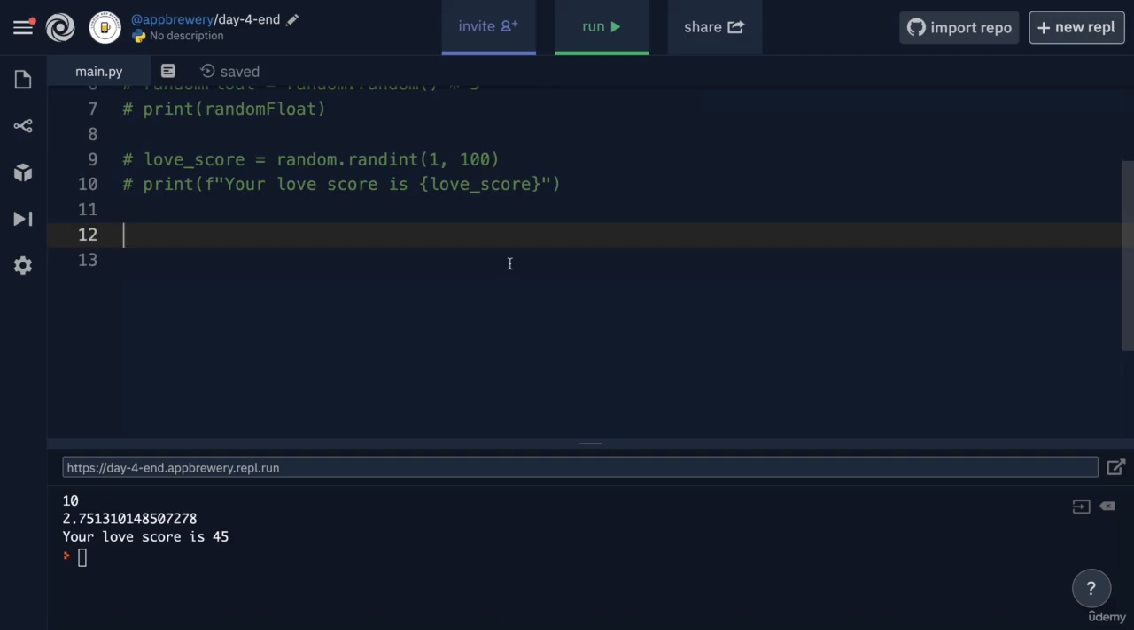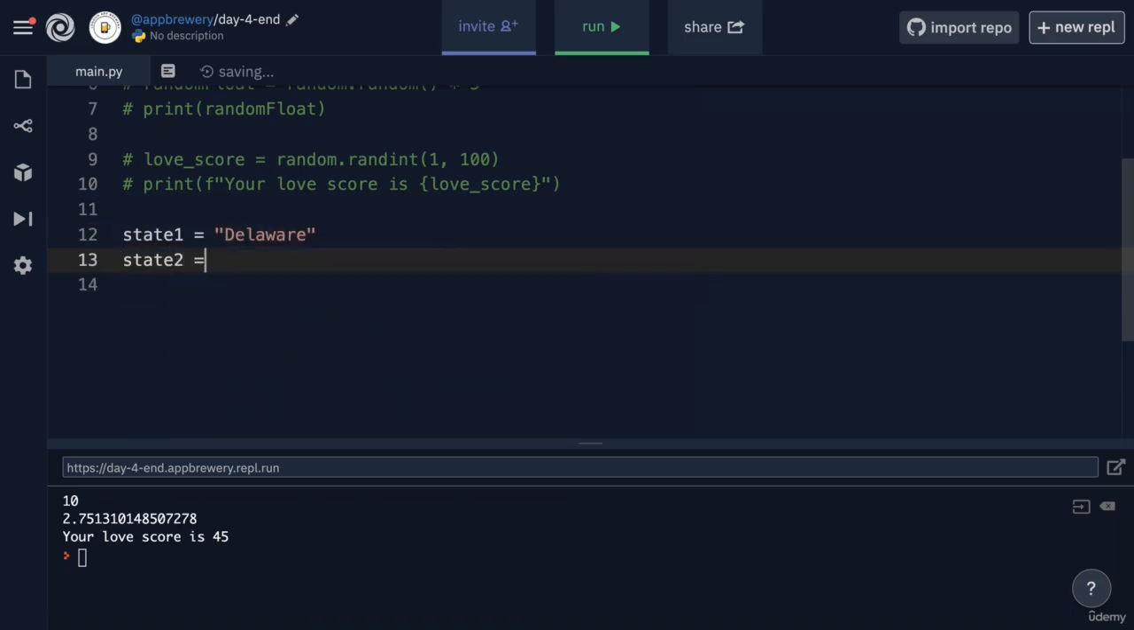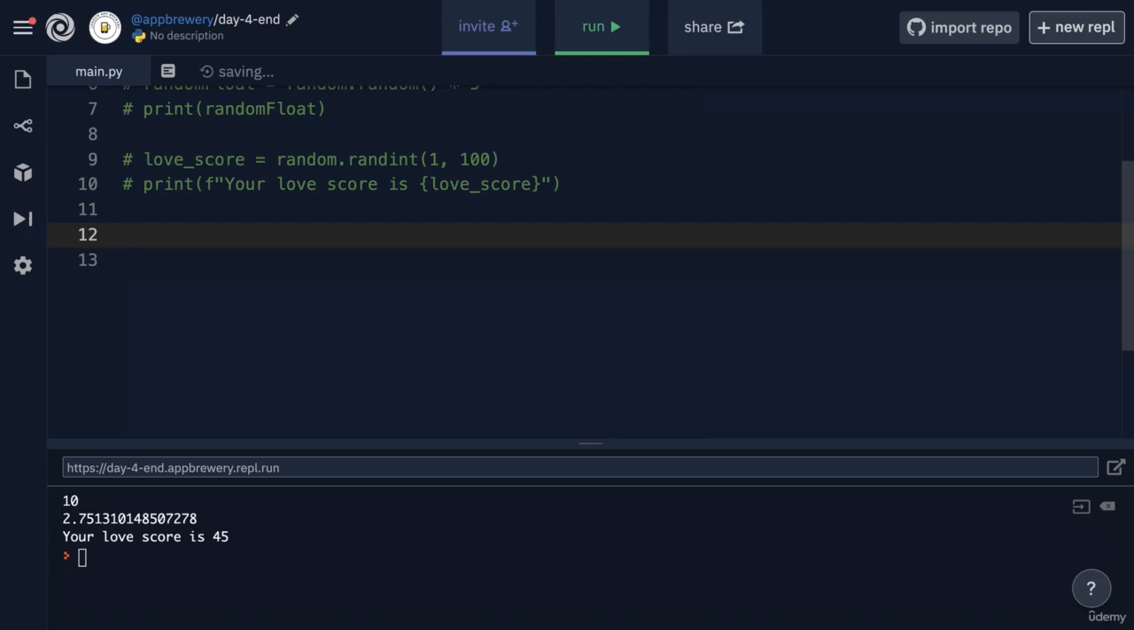Now, let's say that I wanted to store all of the names of the states of the US. Previously, without knowing about this list data structure, we might have written state 1 equals Delaware, state 2 equals Pennsylvania, and so on and so forth. And we would create as many variables as we have states. But now that we know about lists, we can just create a single variable and call it states